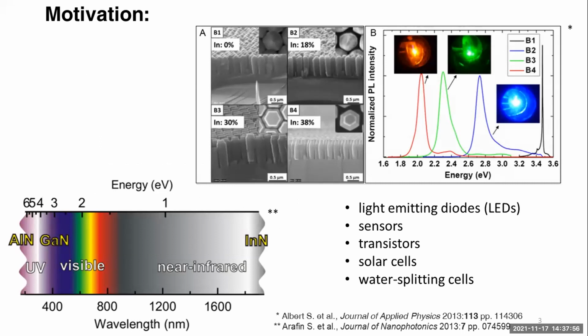III-N nanowires are a promising direction of studies for manufacturing light emitting diodes, sensors, transistors, solar cells, and water splitting cells. Combining III-N nanowires with cheap silicon technology is highly important for the practical application of these structures. However,